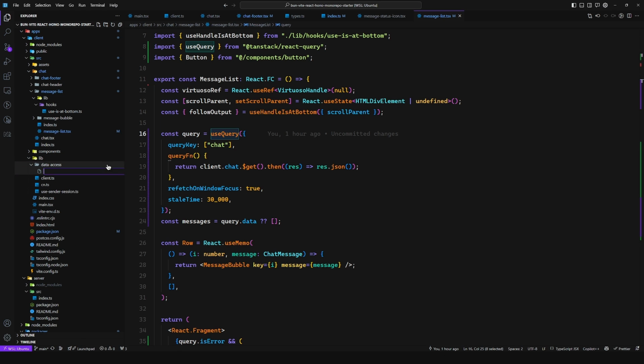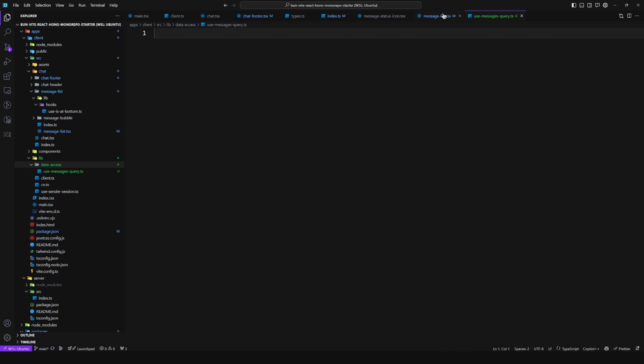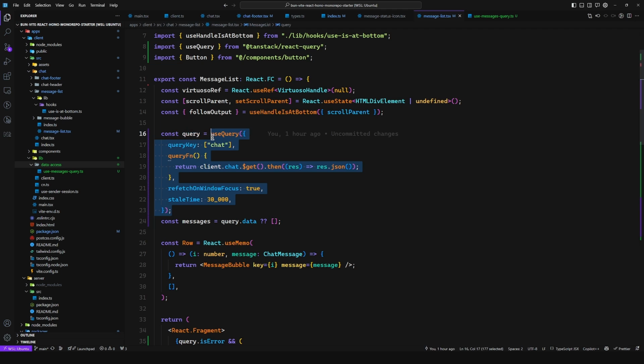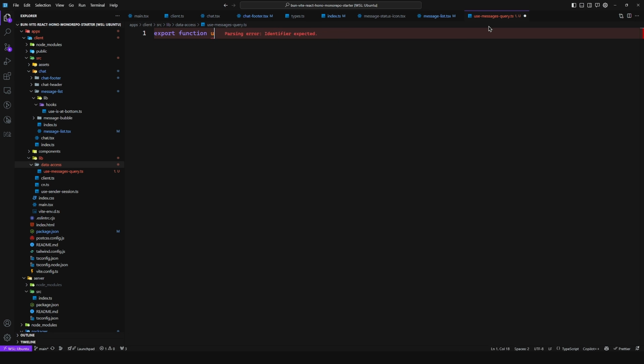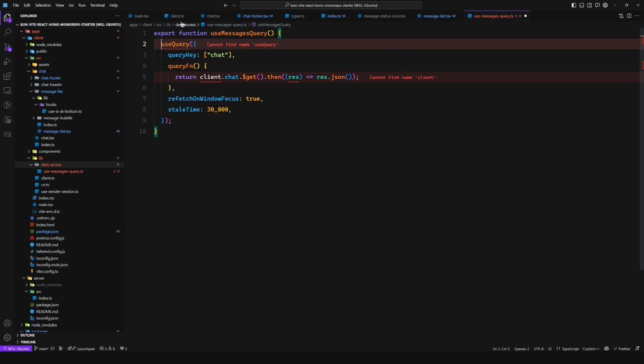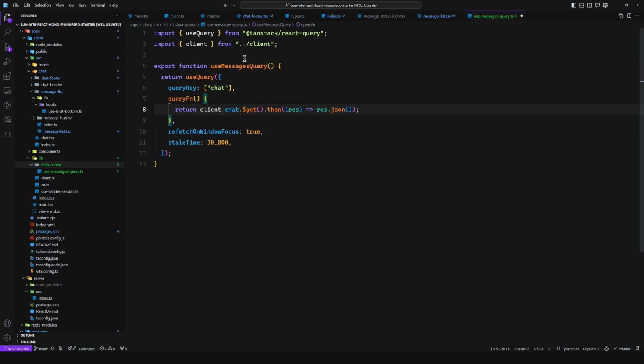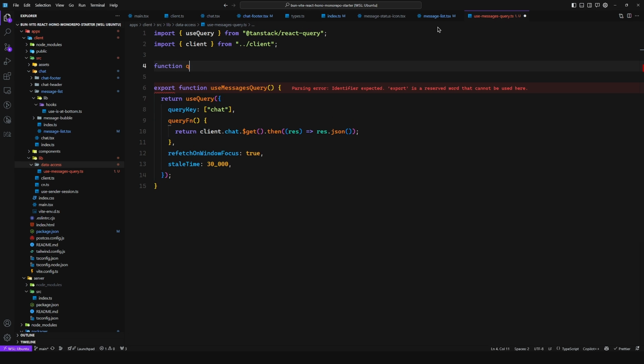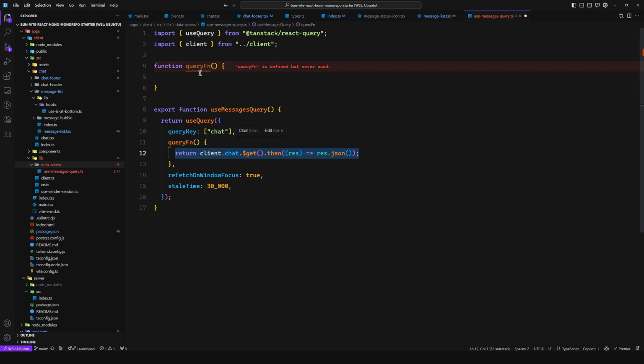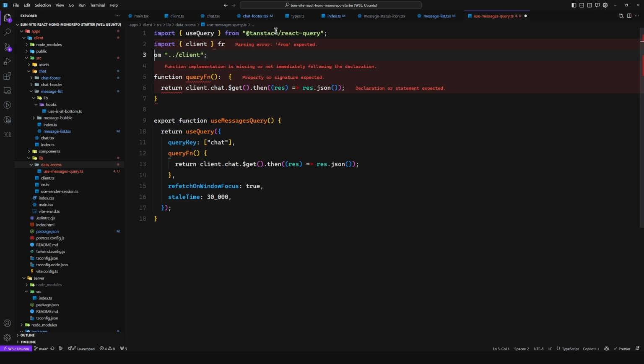And here you would create the use, and this could be messages query.ts, and then you would copy this query and then say export function use messages query, and here you just return use query and you import the client. So you're also abstracting this away, but usually create a query function like this, and then you can just return it here, and this is going to return type